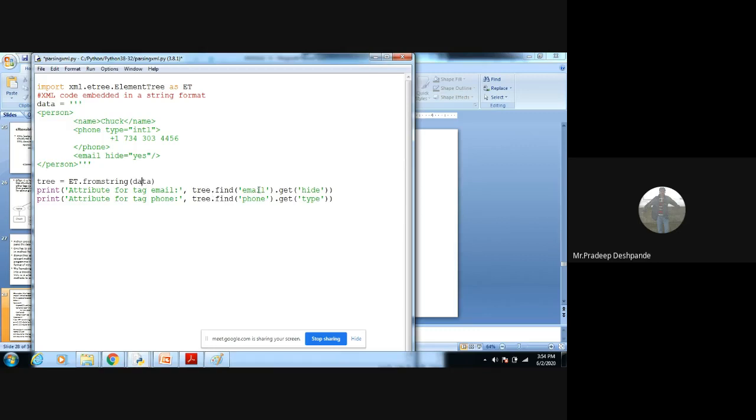This will find the email from the tree, and .get('hide') means whether it is hidden or visible. Then it is for email, and this is for phone: tree.find('phone') from the tree, get its type. Okay, how will it give you the output?